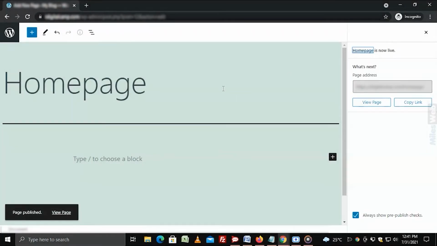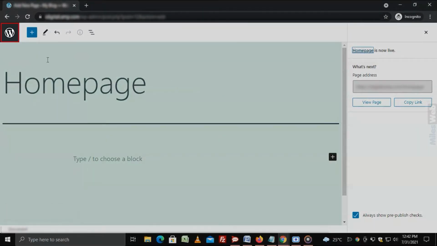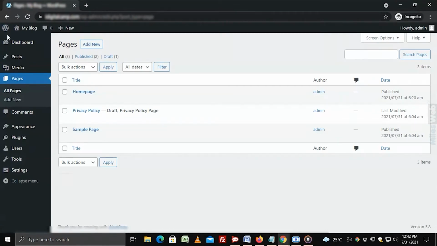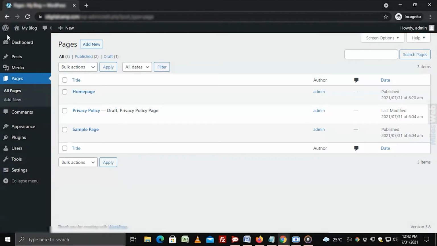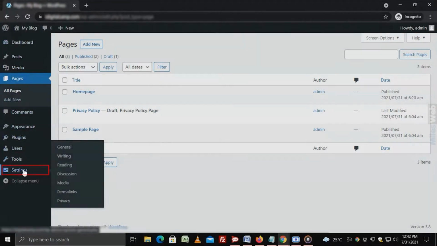Once you have created the page, you have to assign it the status of your website's homepage. Click on the WordPress icon in the top left corner of the screen. It will return you to the Pages section of the WordPress. Go to Settings and click on Reading Page.